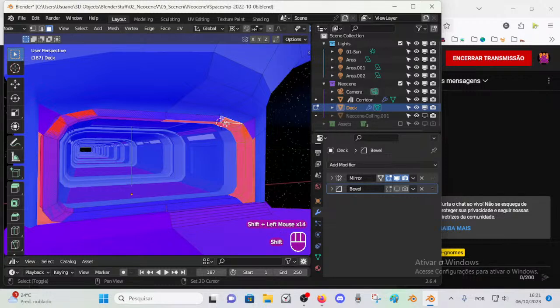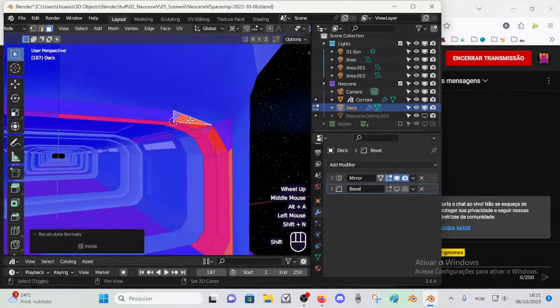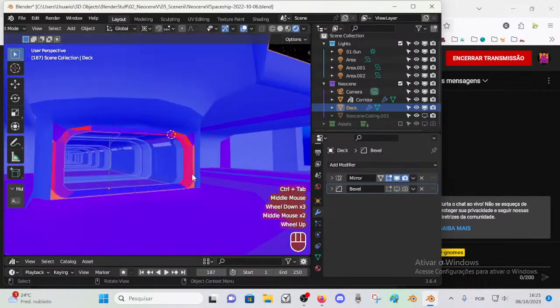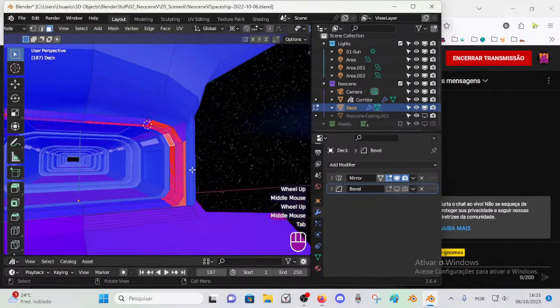Just gonna invert these ones. Okay, so apparently these faces are resistant to